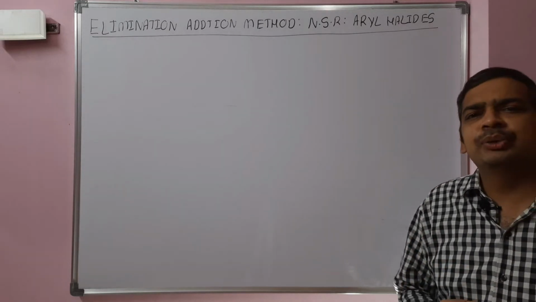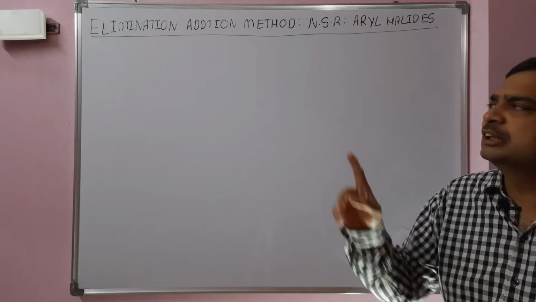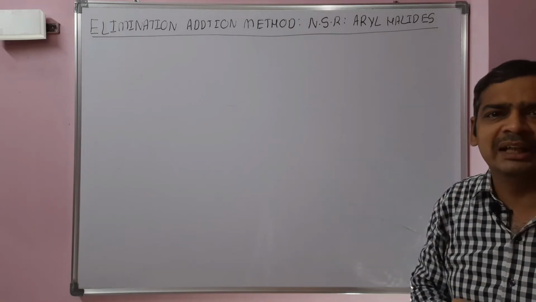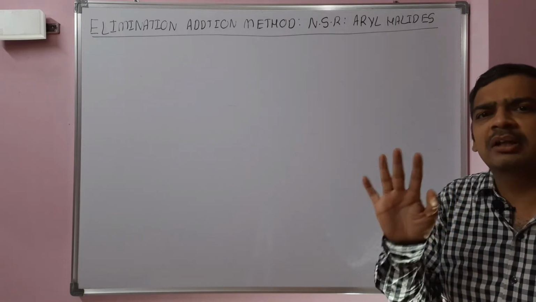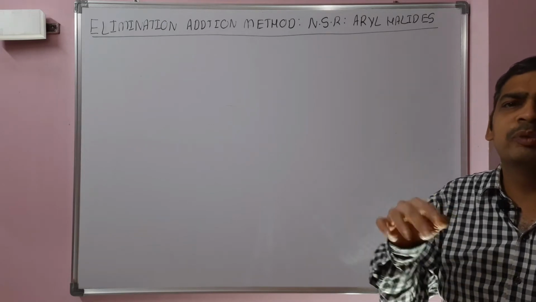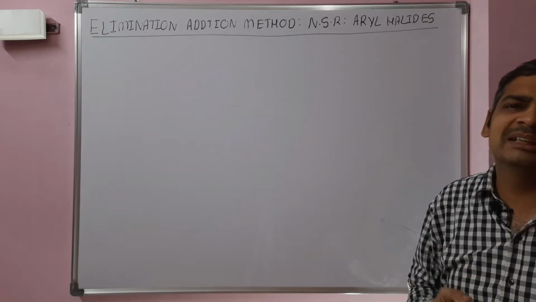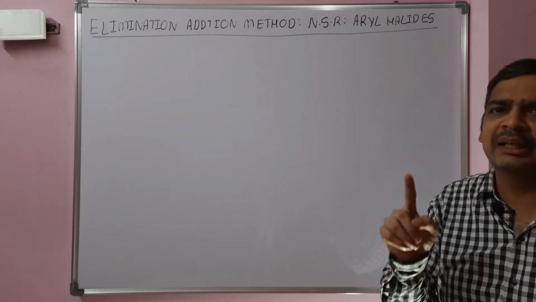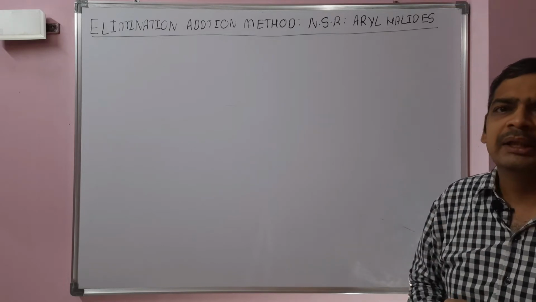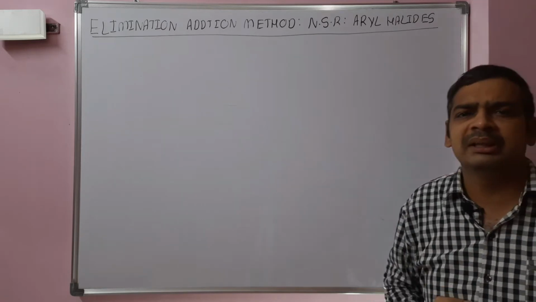The difference between these two reactions is only the electron withdrawing group. If an electron withdrawing group is present on the aryl halide, then the reaction will proceed at 135 degrees centigrade. Whereas if there is no electron withdrawing group, the reaction requires 350 degrees centigrade. The more electron withdrawing groups, the more the reactivity. If you see the synthesis of picric acid, 2,4,6-trinitrophenol, from 2,4,6-trinitrochlorobenzene, the reaction temperature is 35 degrees centigrade, just above room temperature.